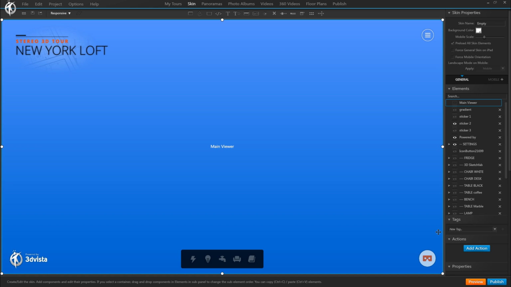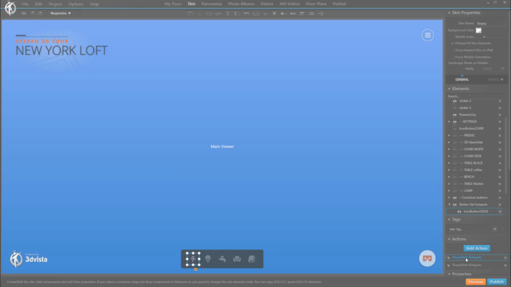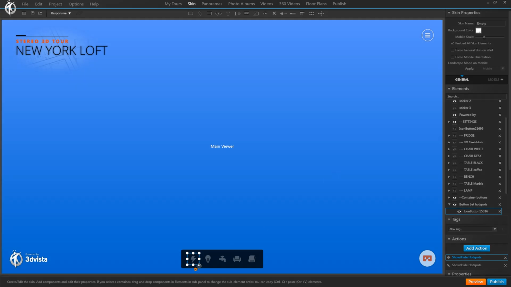The only thing we'd now still have to do is invert the visibility of our hotspots, because the way they are right now is visible by default in the tour, while the icon down here is ghosted and thus indicates that the icons are currently invisible. So in order to change that and make that the hotspots by default are invisible, I'm going to copy this action and paste it. And to the first action, I will change it to on initialization, so that when the tour initiates or starts, it'll execute the toggle effect, which means it'll hide the hotspots which initially are visible, and later then, if the user clicks on the button, it'll change back to visible. And I do the same thing for all buttons here, of course.